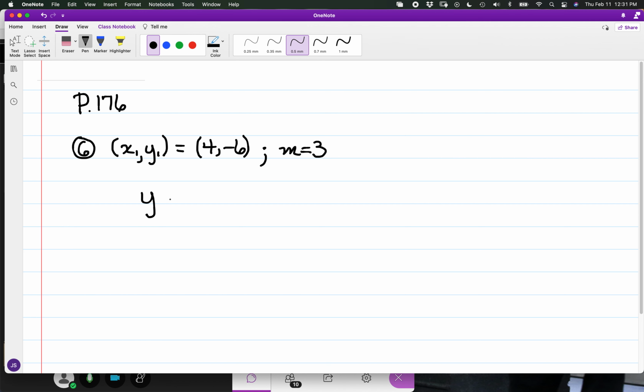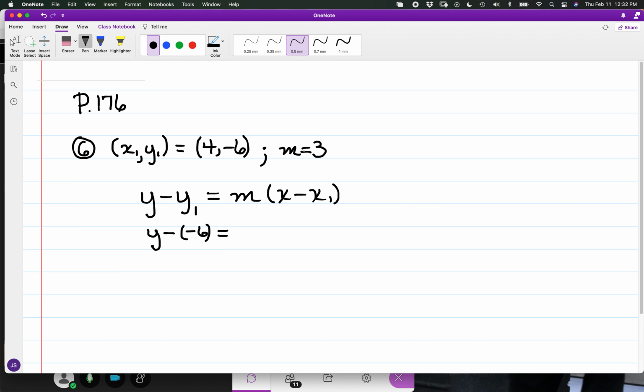So if we take the route of setting up what we have in terms of the point-slope form of a linear equation, again we have y minus y1 is equal to m times the quantity x minus x1. We have the tools available with the ordered pair (x1, y1), and also the slope is given. If we substitute, for y minus y1, this will become y minus y1, which we have at -6,